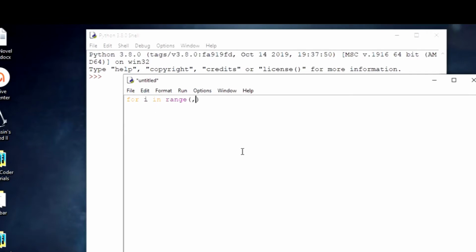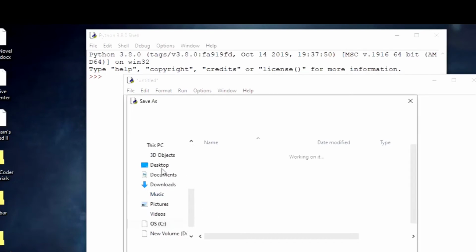So let's say I give the range to be from 1 up till 20. That's the way you give it. That means the range will start from 1 and go up to, but not including, 20. Once you've written this, just add a colon and hit enter, and you'll automatically come to the next line with an indentation. That means whatever you write here belongs to this for loop, and everything inside will be executed that many times. So say I now write print i,